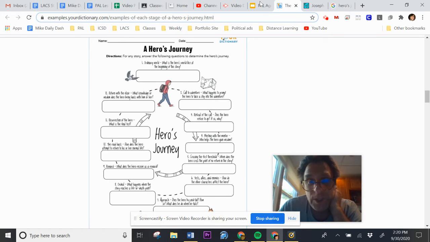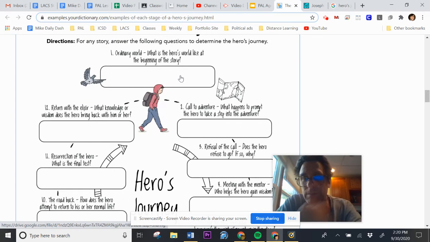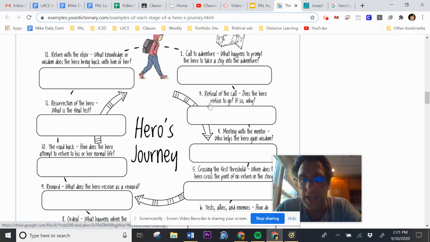Generally, it starts off with a character in an ordinary world, maybe an ordinary person with an ordinary life, who is then called to adventure in some way and forced to step out of this person's comfort zone to go off on a quest of some kind. And so, in your story, who is this person and why are they being driven away from their home? What's the force pulling them or pushing them away? Often, the hero refuses the call, does not want to go, but then gets pulled in anyway.